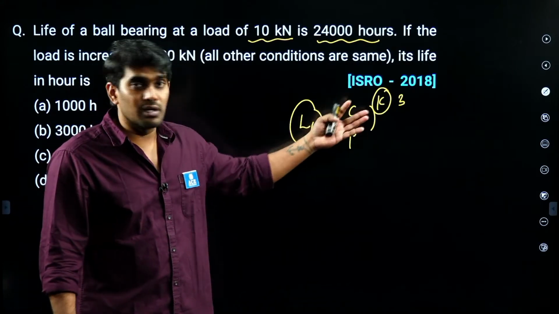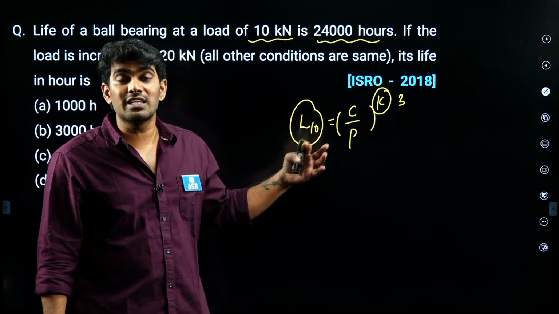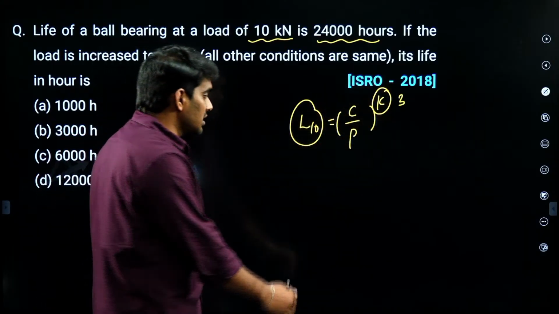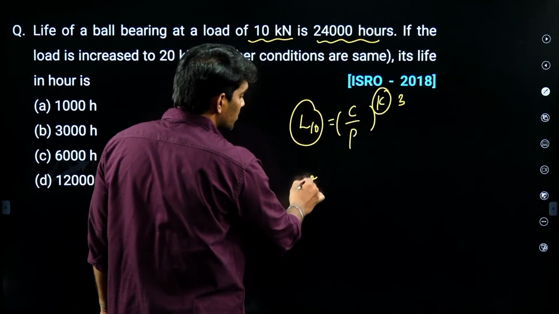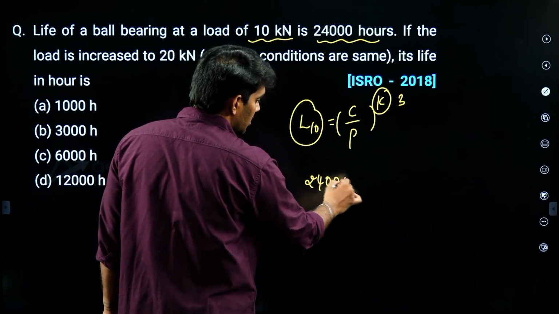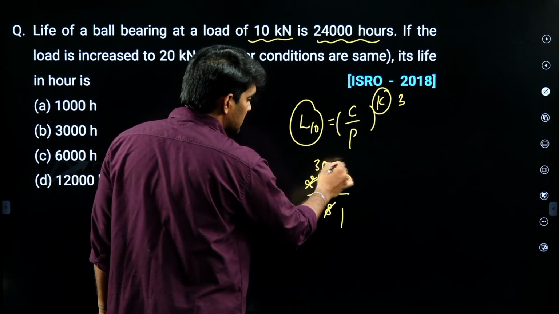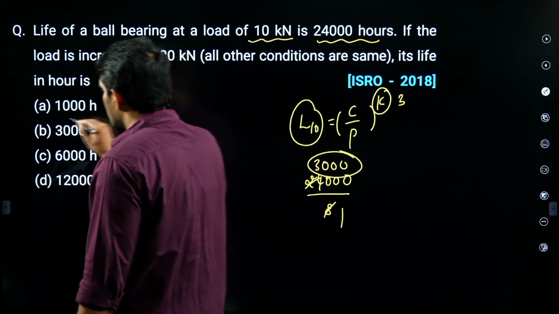If the load is doubled, what will happen to life? Life will decrease by 8 times. 2 to the power 3 is 8, so obviously the life has to decrease by 8 times. 24,000 divided by 8, 8 3s are 24, comes out as 3,000. So the answer here is